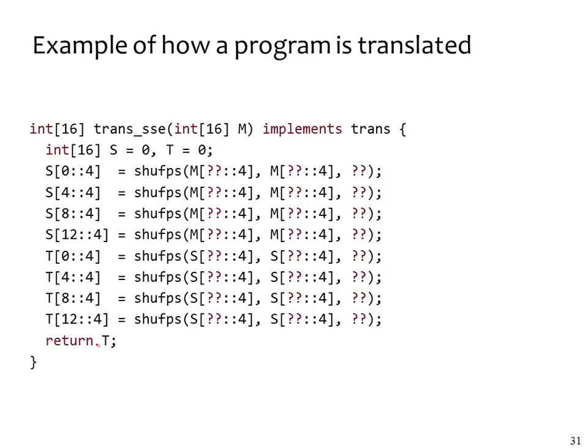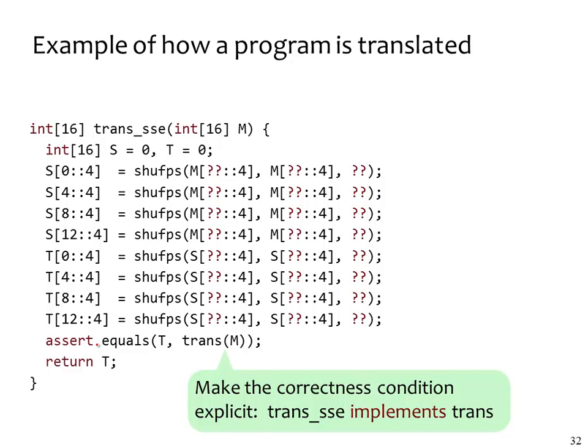Okay, let's apply our steps. The first thing that we're going to do is the easy thing. We're going to get rid of this implements statement. And how are we going to do that? Well, we're just going to turn it into an explicit assertion, right? So what is this saying? The correctness condition here is that this transpose matrix T that we're computing using this shuffle instruction is actually element-wise equal to the transpose matrix that you would get by applying that simplified transpose spec procedure